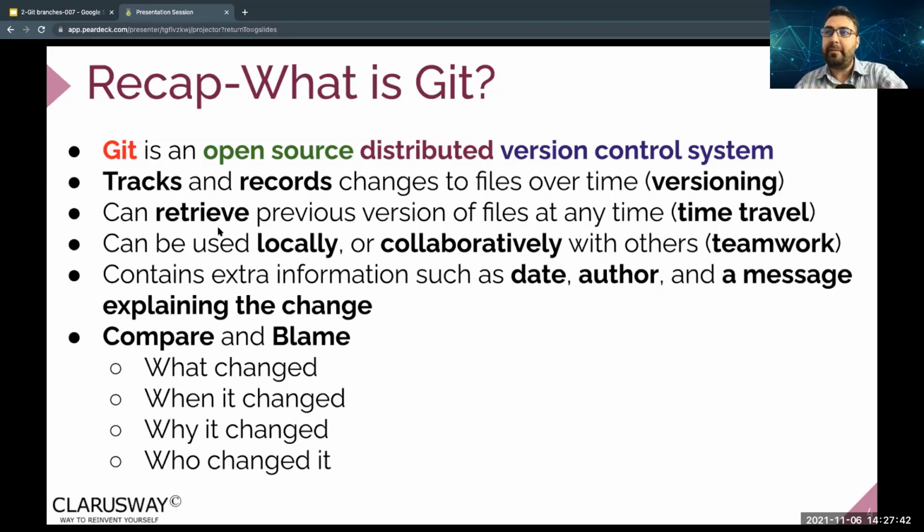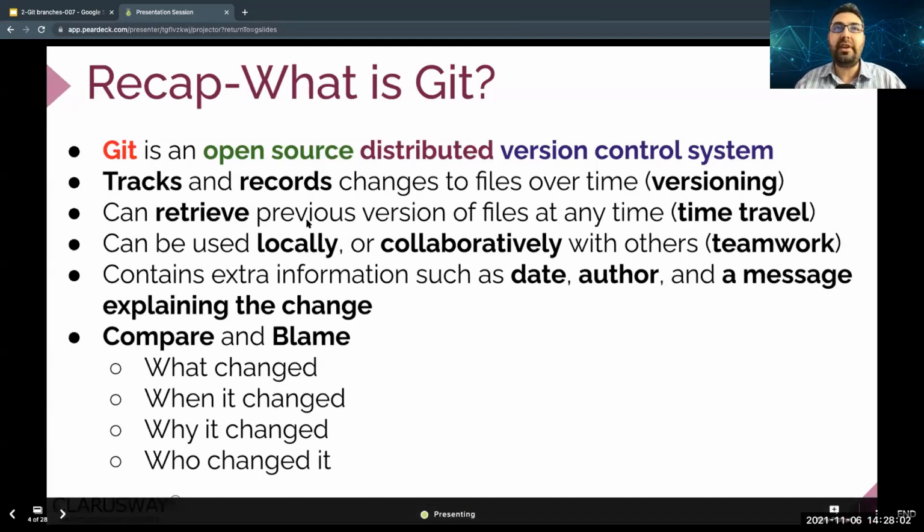So that's why, let's say you have a branch in a new version, a new commit, but the things didn't work very well as you expected. Then sometimes you need to get back to the latest running version. At that time you can go and retrieve any previous version of your file at any time. There's no limit. You can go back as much as you want.